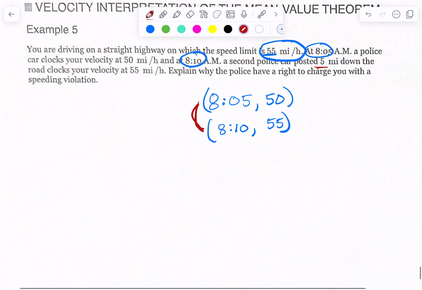So to expedite this and to make this a little bit easier, let's say at a time of 0, I'm going 50. Okay? At a time of 0, I'm going 50. And then at 8:10, which is 5 minutes down the road, I'm going 55. Except, problem. This is minutes. This is miles per hour. So, do we want to convert? Let's convert the minutes to hours. It's going to be ugly,